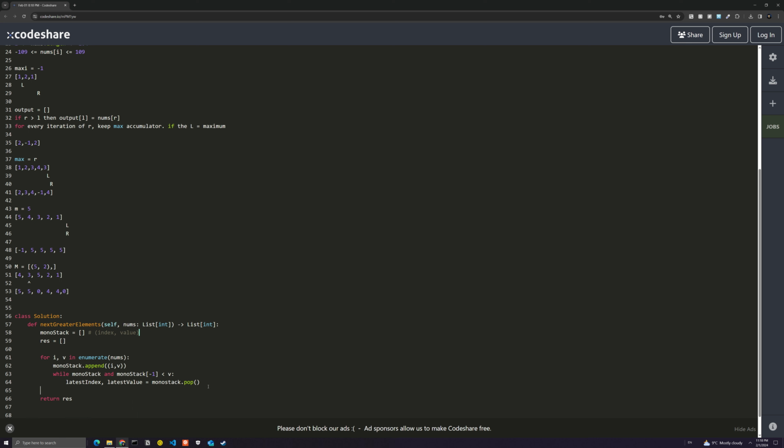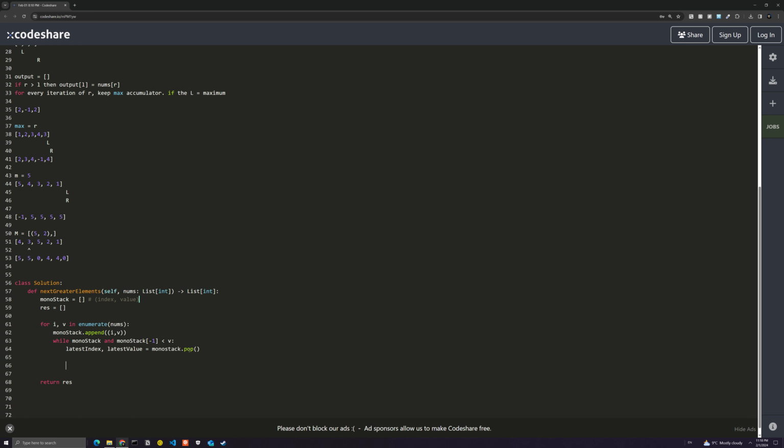Value is equal to monostack.pop, and then we want the output to be res at the latest index, equal to the current value that we're at. So we'll have that equal to v, right? And I just realized we also have to populate this, so we can initialize it with the value, let's say -1, multiplied by the length of nums. So basically, it'll create an array like nums, and then after we do that, basically we pop every single element from the stack,